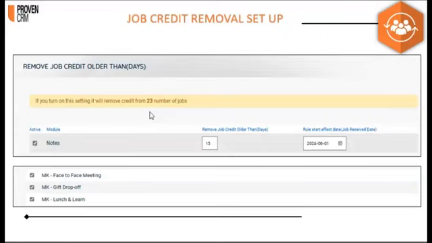The last key factor in job credit not being applied is the job credit removal setup. Within the definitions in Proven CRM, the company administrator has the ability to set up what we call job credit removal. So what exactly does this mean? In here, the company administrator can set the number of days